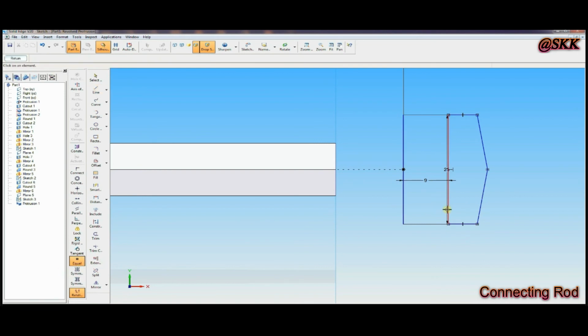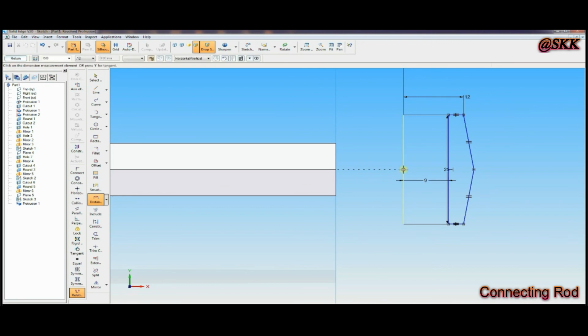Then go to equal, that horizontal line should equal this incline. Then go to distance between, from here the distance should be 20, half of that one is 12. One more, from center to that center, should be half of 26, 13.